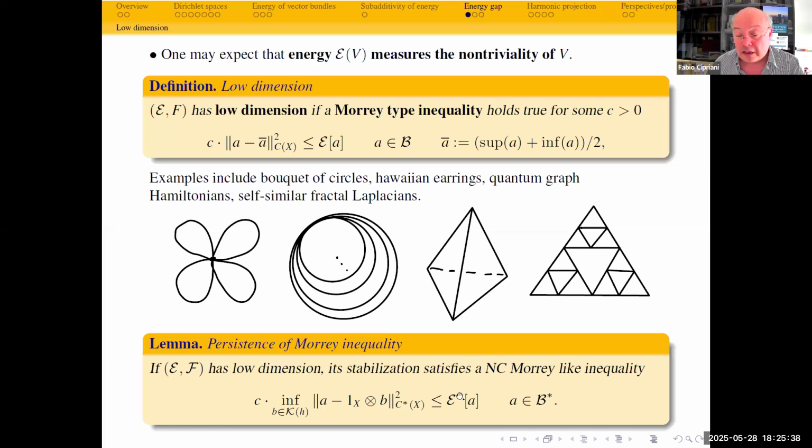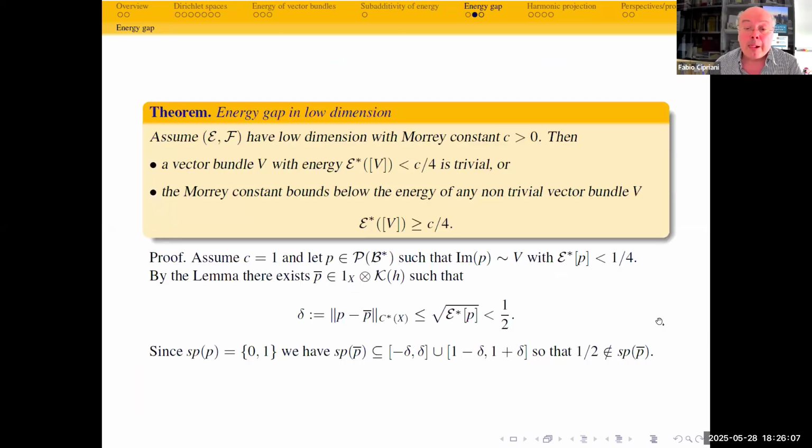The spectrum of E star or its associated self-adjoint operator has a gap above 0. But for the purposes of the present setting, to have at the end a non-trivial bound about the energy, the Morrey type inequality is the strongest that should be considered. And now we will see how